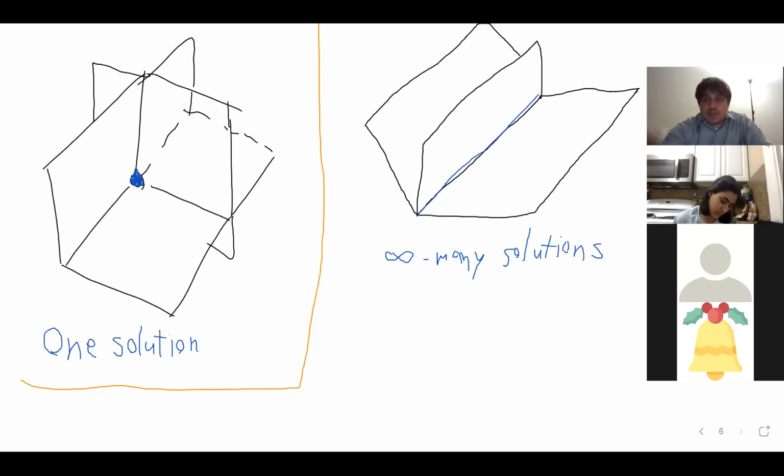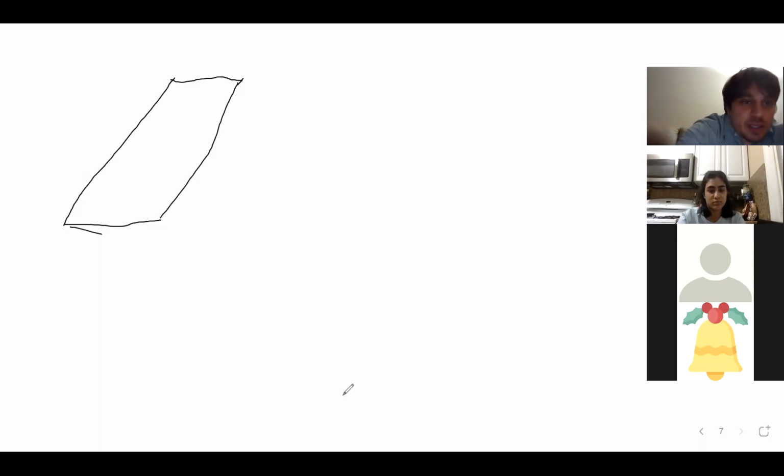Okay, and so now that is what happens. You have infinitely many solutions. That's one way you can have infinitely many solutions. Okay, I'm going to go to the next page. Another way you could have infinitely many solutions is if you have 3 planes that all coincide. And so if all 3 of your planes coincided with the same plane, then that would represent